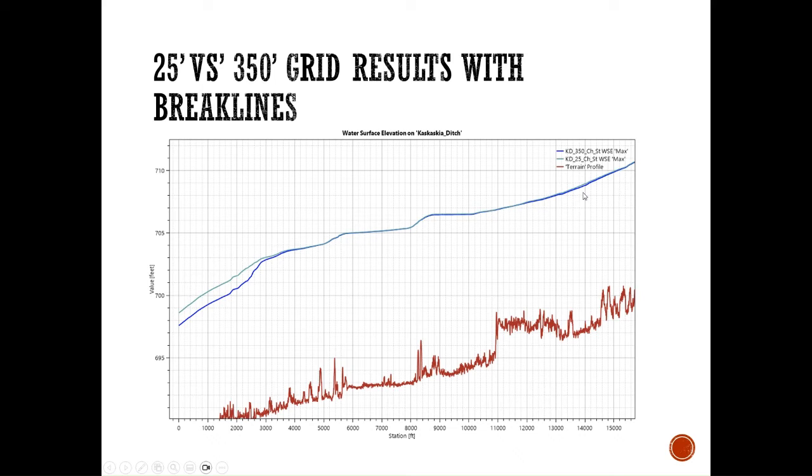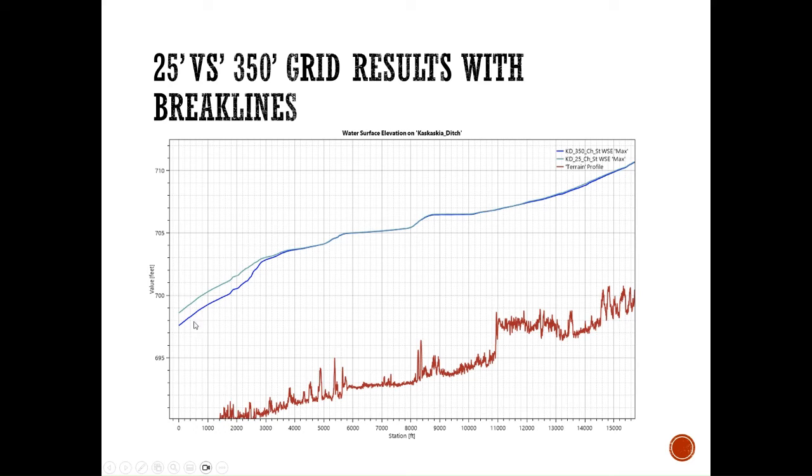So that's what this is showing us here, is that whether we use a higher resolution mesh or a coarser mesh, as long as we have those break lines set up in the areas in the model where those are needed, particularly for the banks, the channels, the structures, we pretty much achieve the same results, with the exception of